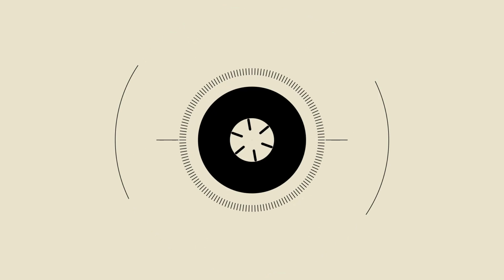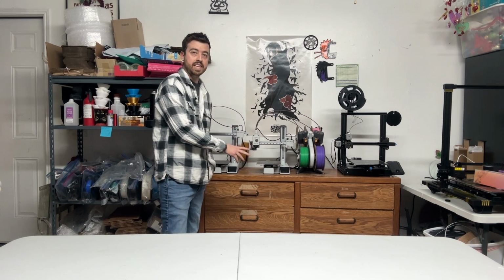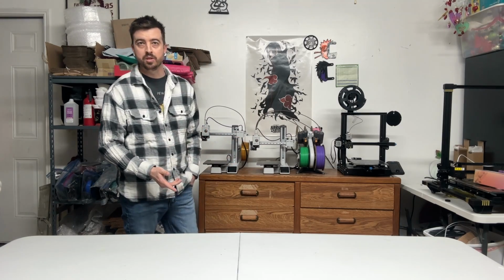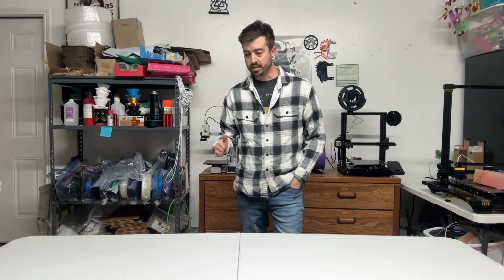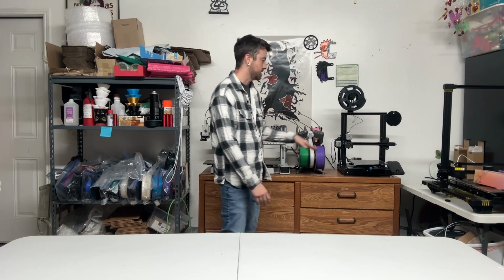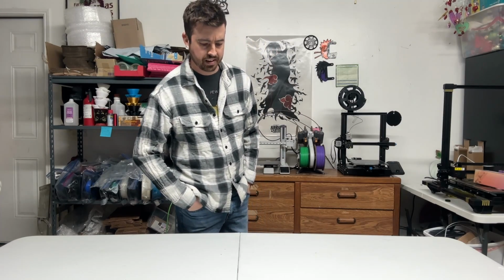Today, I have a special treat for you. Recently, I have replaced my Ender 3s with the new Bambu Lab A1 minis. I was kind of worried about the A1 minis because I wanted the normal size, the 256 by 256, just kind of like you get on the Ender 3s. But they're out of stock, unfortunately, and I don't think any of them are going to be available till like